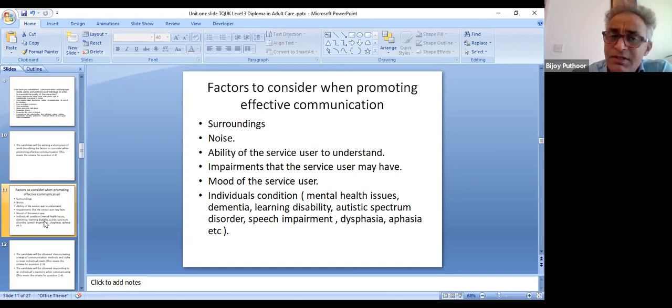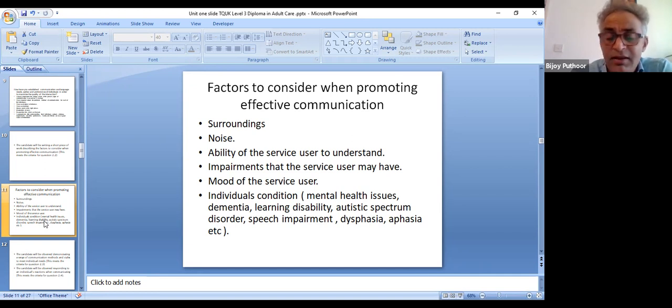What is the ability of the service user to understand? Service users and residents mean the same thing. So I may use service user or residents from time to time as a reference to the group of people that we are supporting. So the ability of the service user or the resident to understand you may be different in different circumstances. So you will consider that, and impairments that the service user may have,